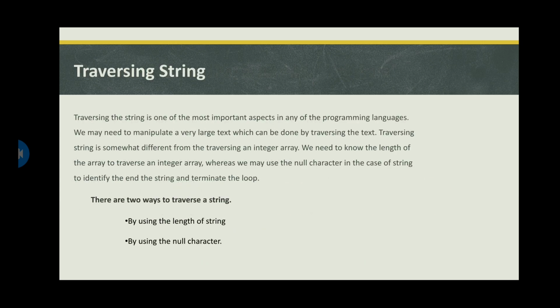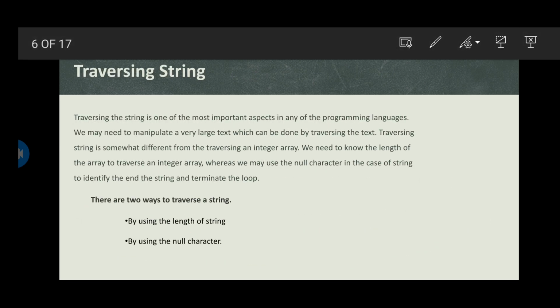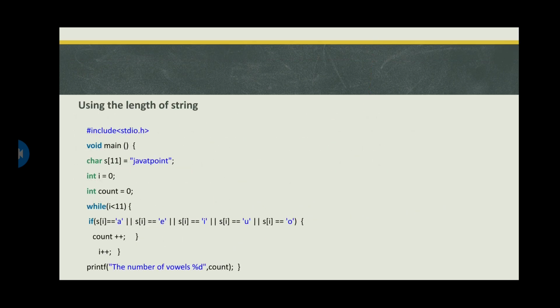There are two ways of traversing a string, as you can see on my screen: by using the length of the string, and by using the null character. This is the example of using the length of the string. First we get the length of the string. If you take "Java point", the length of the string is 11. We know it is 11. While i is less than 11,